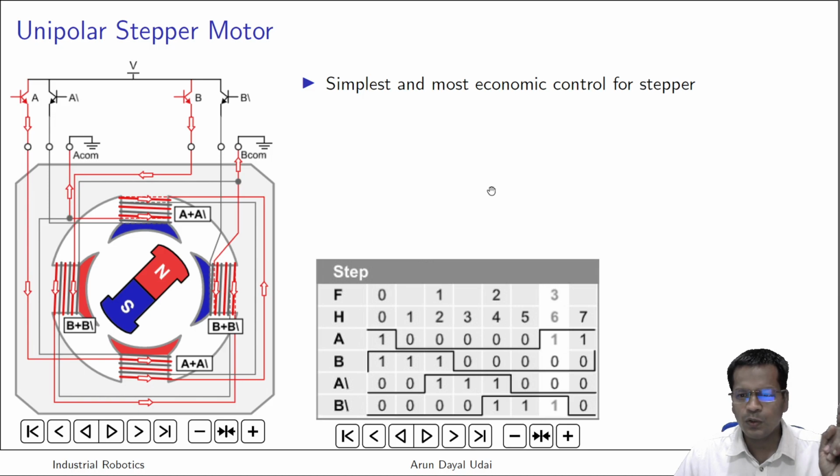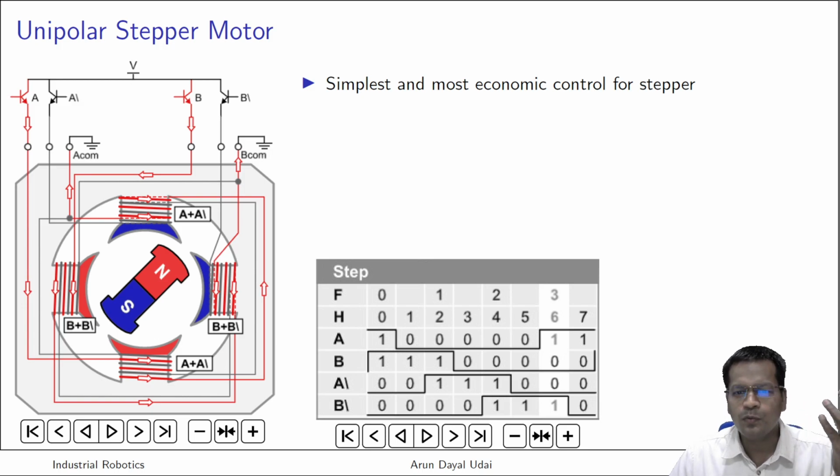You just control one of the poles. You don't control the other one. The other one is automatic. If this is north, the other one is automatically south. So what you find in this type of motor is that each pole has two windings. One is clockwise, another is anti-clockwise, and one of them is always idle. So that is what makes this type of motor a little heavier in construction. Why is it heavier? Because 50% of the coil is always a dummy coil, which is not always working.